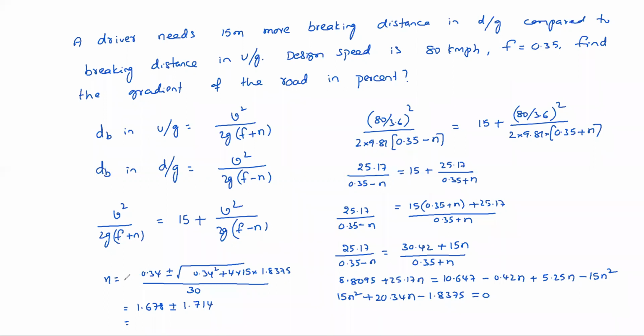Minus b means minus 20.34. 20.34 square minus 4ac, same, by 2a. Okay. So this one is 20.34 divided by 30. It is minus 0.678 plus or minus root of